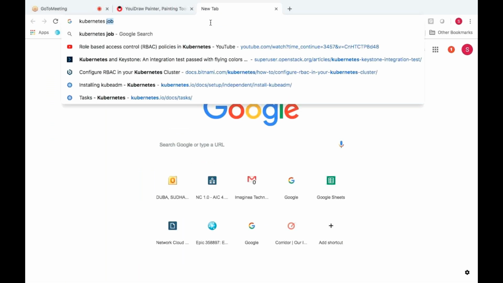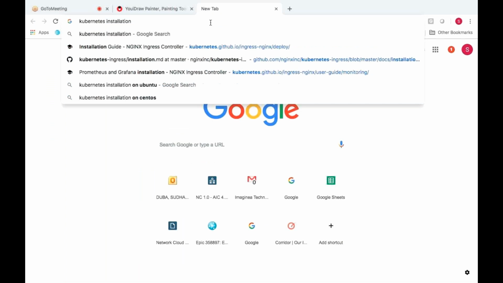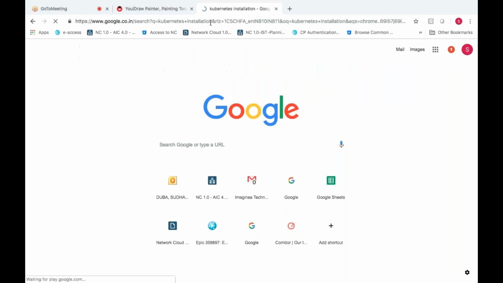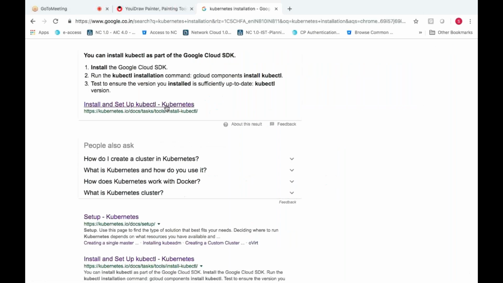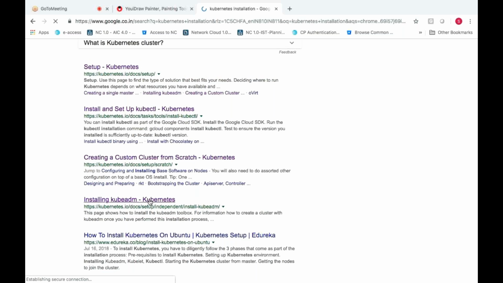Let me show you the official document itself. Before we begin, we are trying to install 1.11 or we can install 1.12. When I did it 1 month ago, it was only 1.11. Now there is a new release called 1.12.